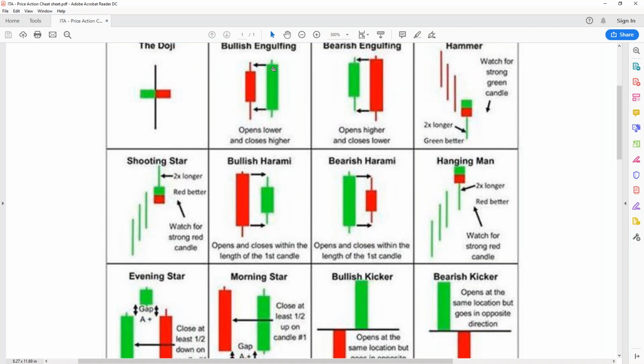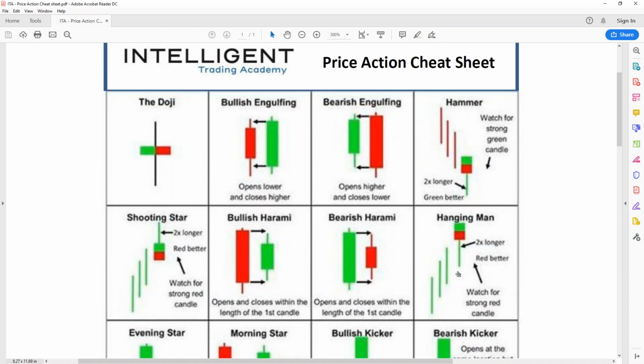So bullish engulfing, it's really self-explanatory. The hammer is found at the bottom of a bearish trend or a descending market like this. Typically, it's better to see green. So if your candlesticks are traditional green for going up, i.e. bullish, and red for bearish going down, ideally we want to see a green close over a bearish close, because that still shows some sign of bearish strength and a little bit of indecision.